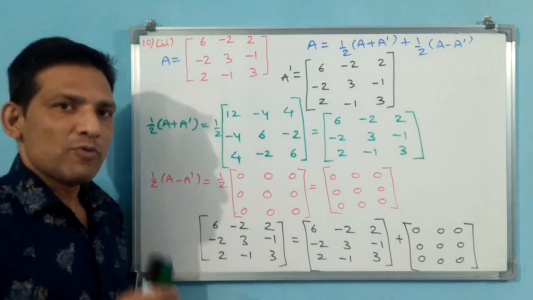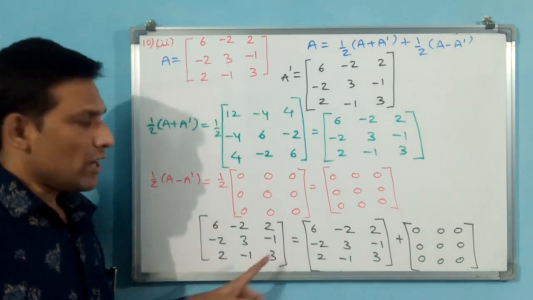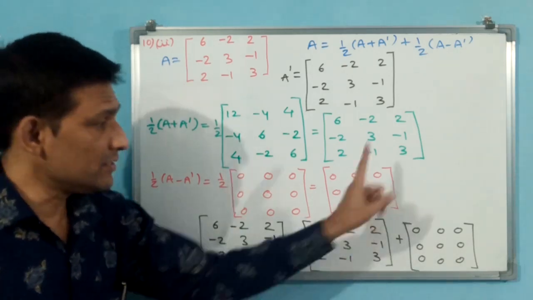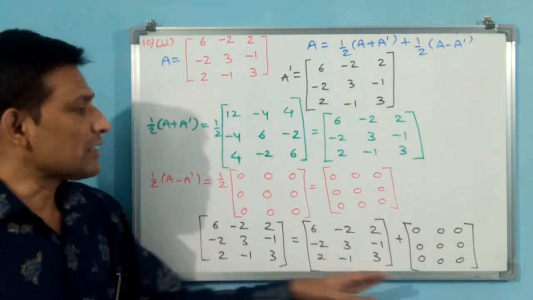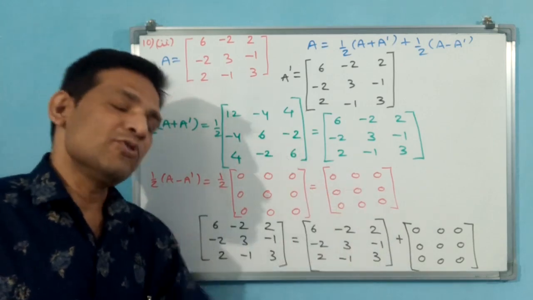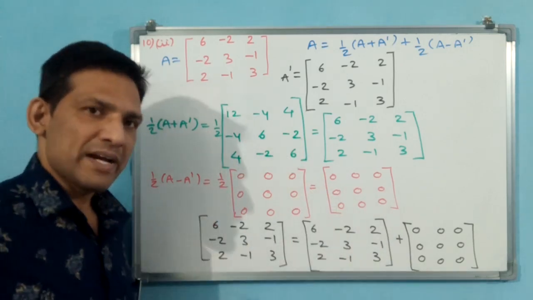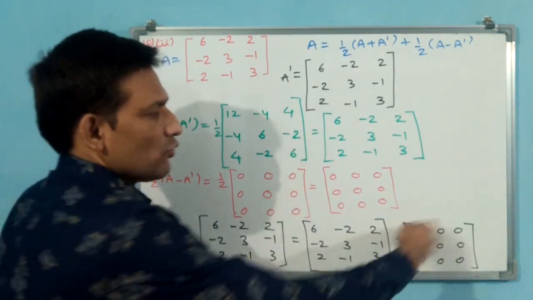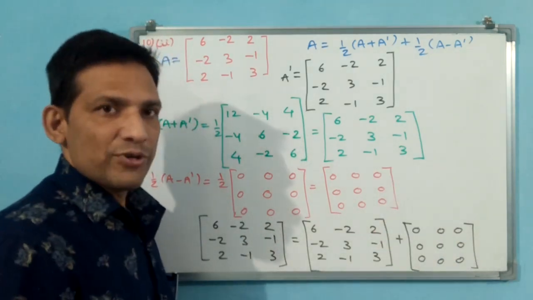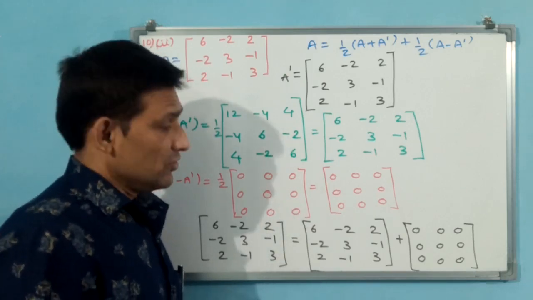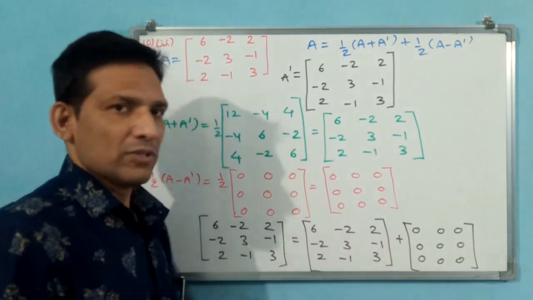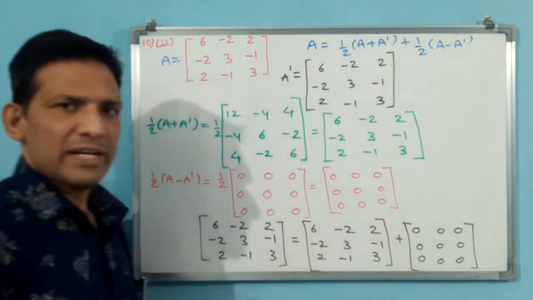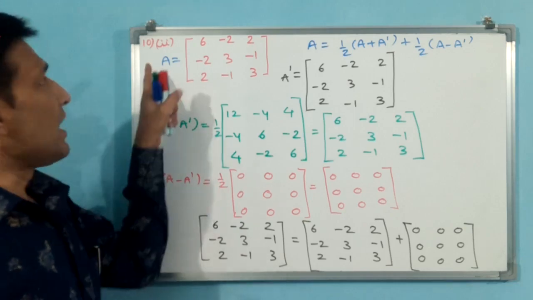That means we can say that we have shown this matrix as a sum of symmetric and skew symmetric matrices. This is a skew symmetric matrix. Even if you ask me whether this is a symmetric matrix, yes, the zero matrix is both symmetric and skew symmetric. You can say it is a symmetric matrix also, because if you interchange rows and columns, the same thing comes again. That is why, for this problem, we will take this as a skew symmetric matrix. Okay, let us go for the third part.